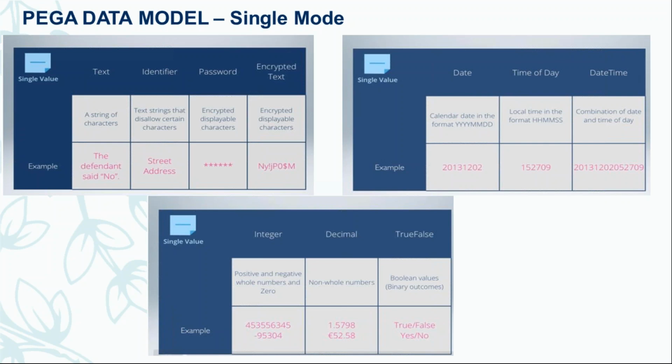We have one more type of property we call text area. There we can write multiple lines, like a job description we want to write. So normally text is where we want to write a single line, and if you want to write multiple lines, we go for text area.